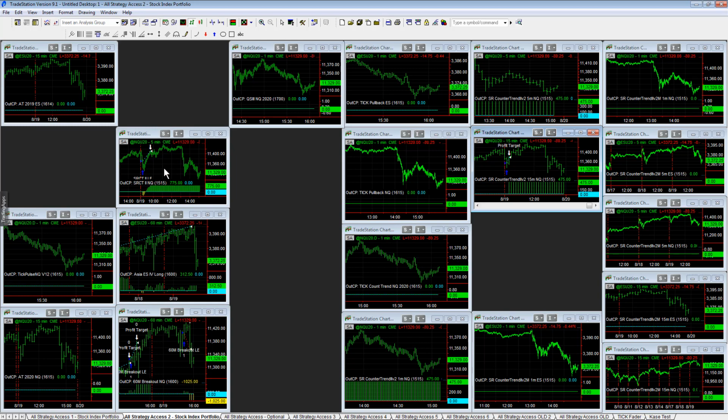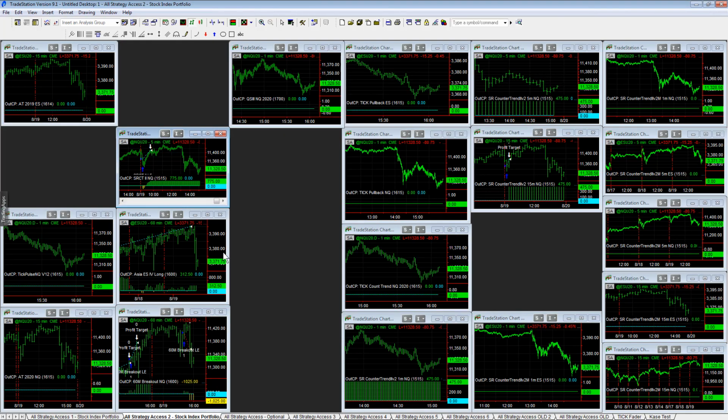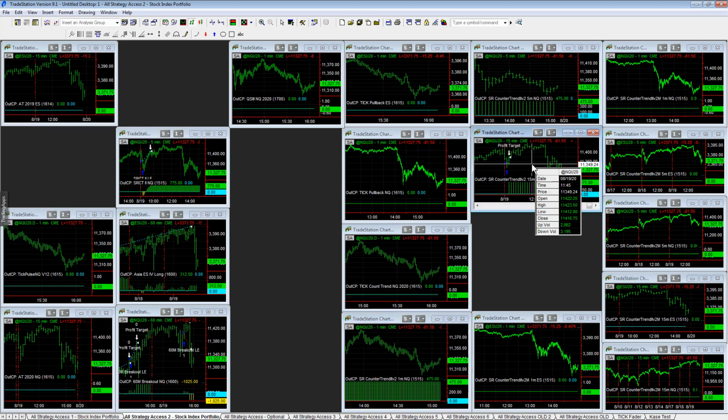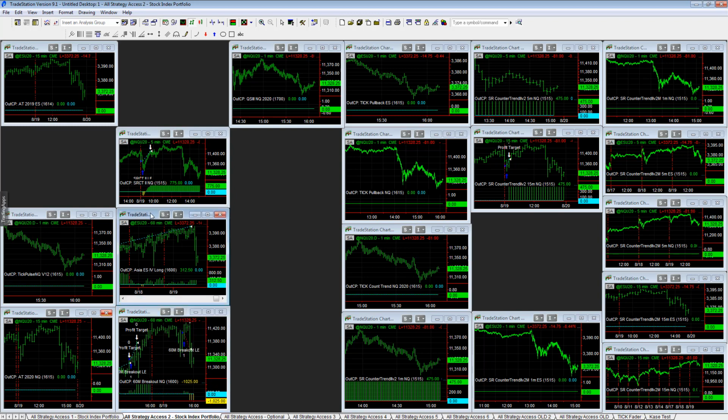SR counter trend 2 NQ plus 775 captured this pullback and hit that profit target early. And then you had SR counter trend 2 V2 1M, 5M and 15M all hitting profit targets of 475, and then you had 60-minute breakout, which had its first loss in a while. 8 out of the last 9 trades before that were winners, and then Asia 4 long on the ES